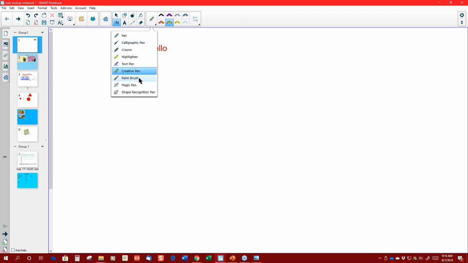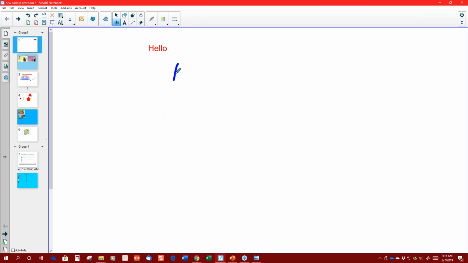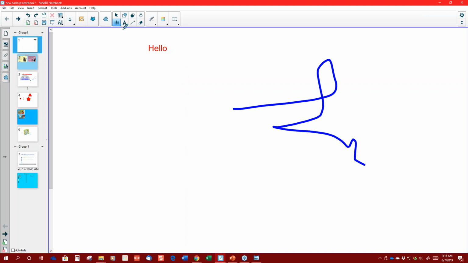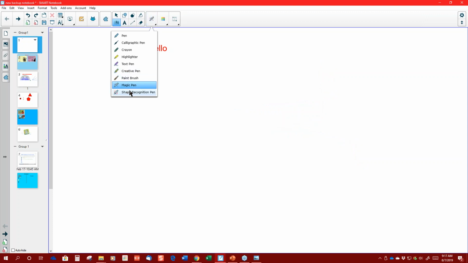We have the paintbrush. Magic pen. And in about 5 seconds, I hope, it starts disappearing. So if you want something to disappear, you want it up there just for a little while and you want it to disappear, the magic pen is the one to use. It'll disappear. Come on now. Go bye-bye. There we go. I haven't done all the pens. There is a shape recognition pen, which, if you have to draw things,